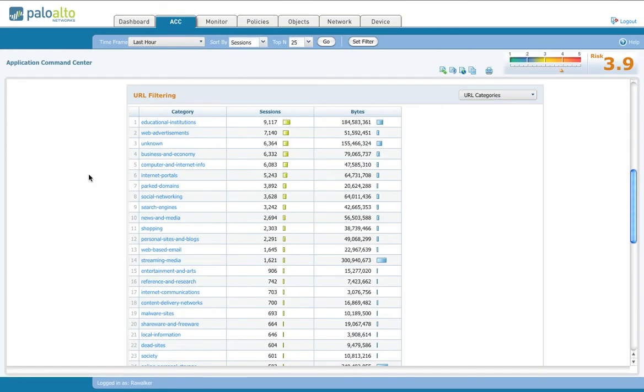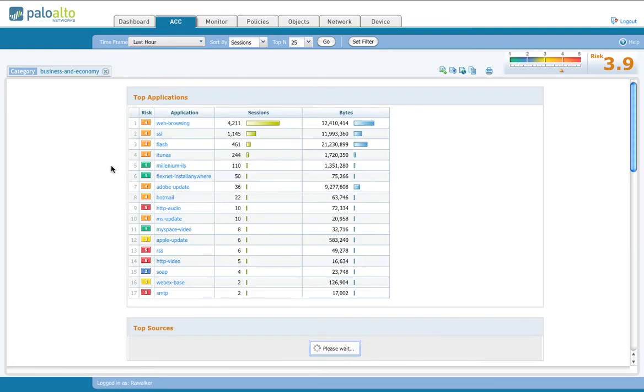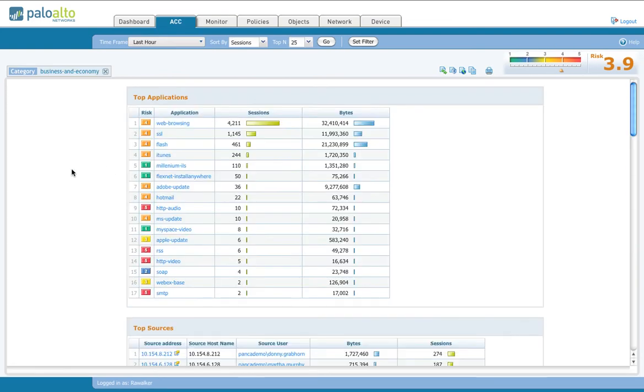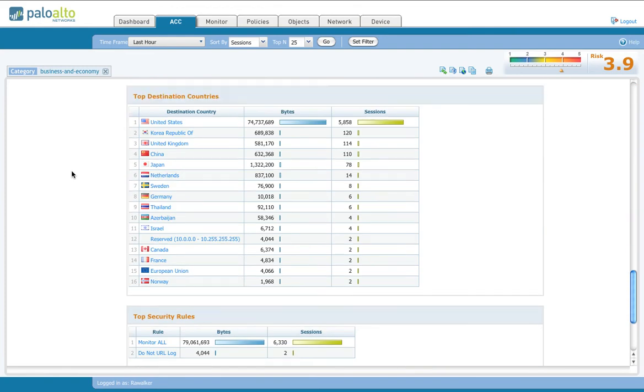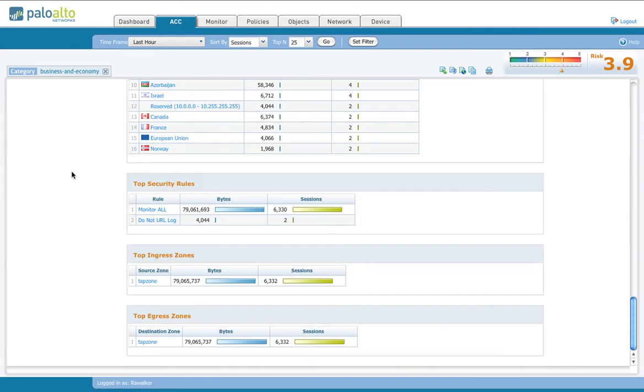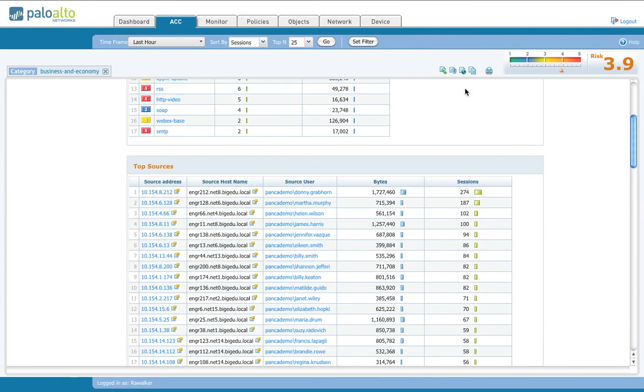The URL filtering section works much the same way, showing the top categories currently being seen by the unit, for which we can drill down to get additional detail. Categorization of applications, sources, destinations, destination countries, as well as security and zone rules being used by the firewall itself. For each of these, we can drill down to look at specific traffic,